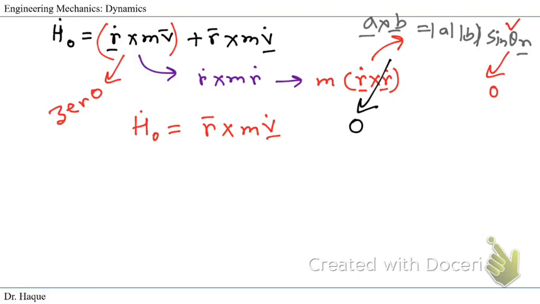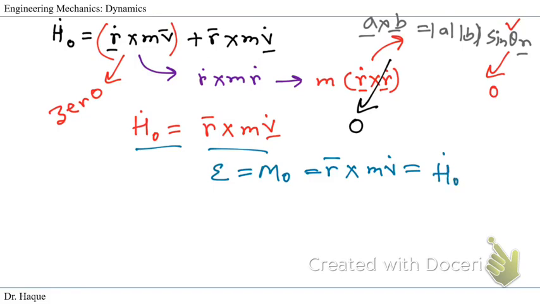If we compare with that, we get from the previous equation M naught, which was equal to r cross product m v dot. Now we see that is equal to h naught dot, the first derivative of h naught,